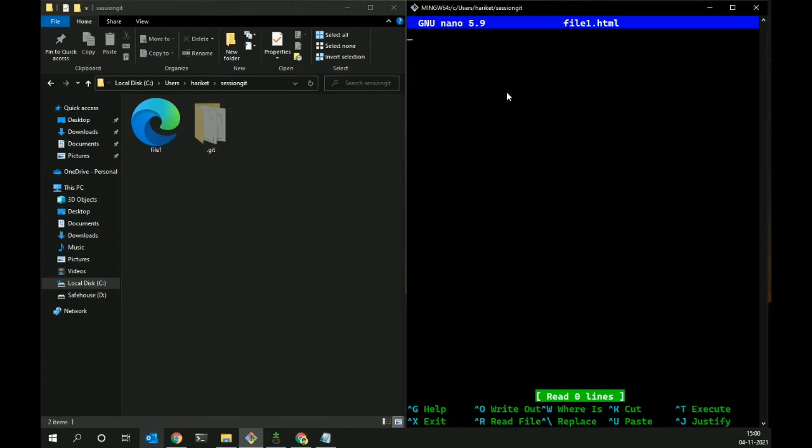It's completely empty, so let me add some basic things here. I have added 6 new lines, I think. Form and body also, then HTML.